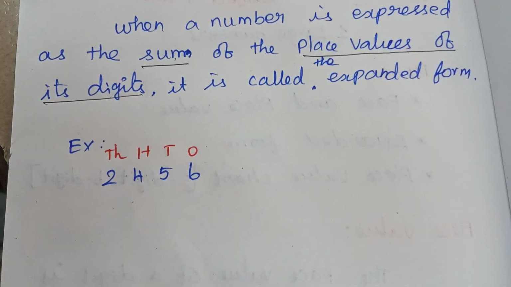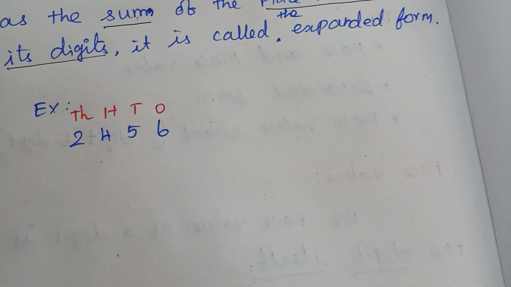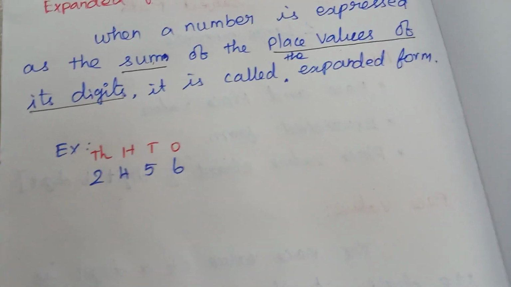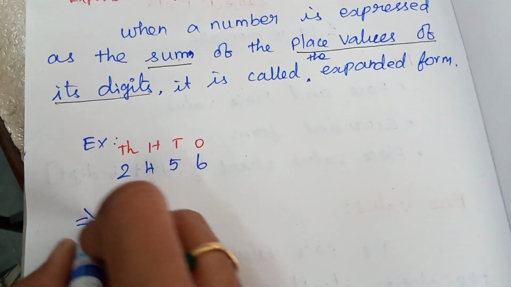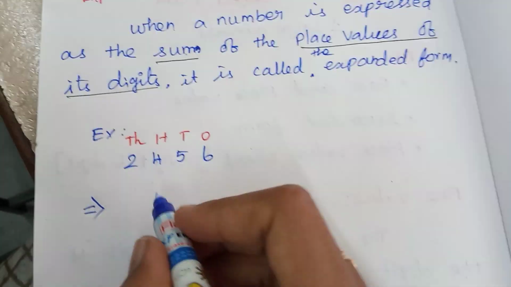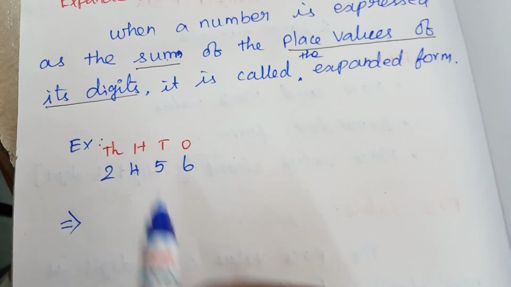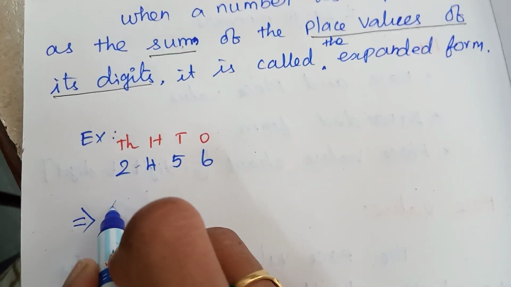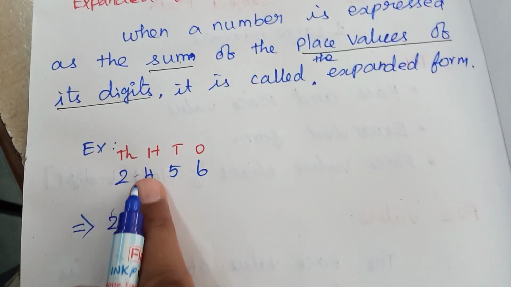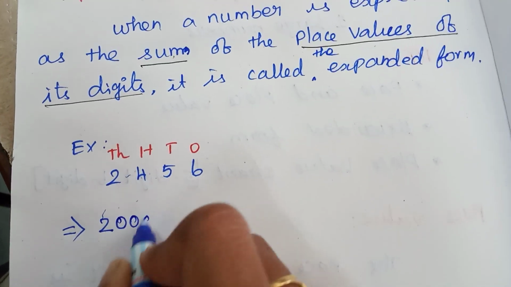So in the expanded form also we can write it in two forms. Okay, the two forms now I am going to teach. Which is easy for you, that you have to follow. Okay, first method. Here I am going to start in the thousands place. What number is in the thousands place? 2. After 2, how many digits are there? 1, 2, 3. So 3. You have to add 3 zeros.